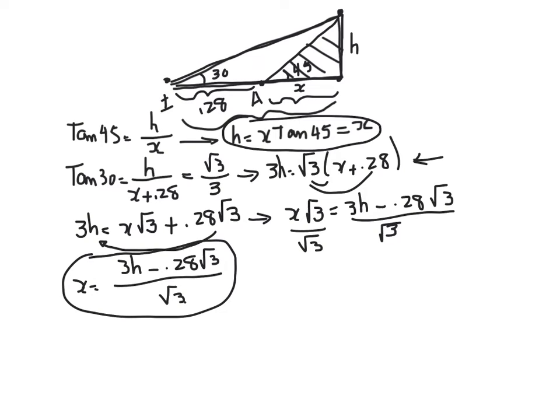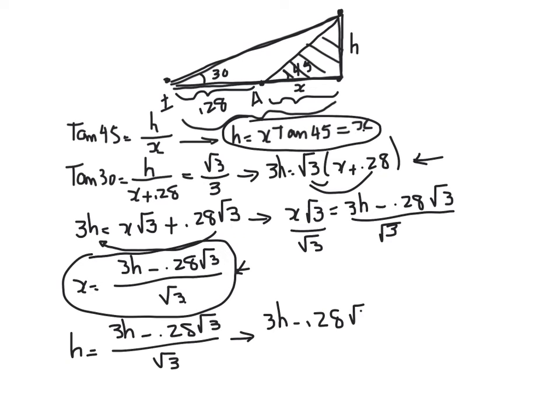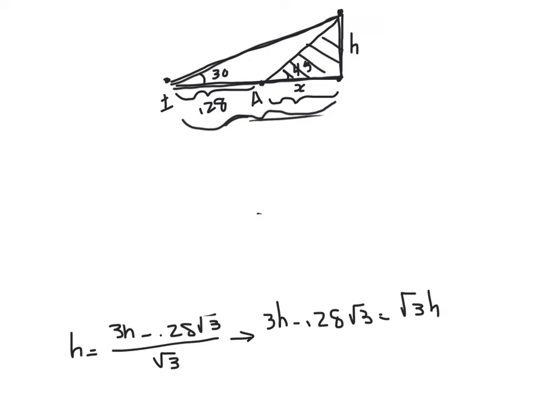So I can replace x here with h, because here h is equal to x. So I get h is equal to 3h minus 0.28 square root of 3 over square root of 3. If I cross multiply, I get 3h minus 0.28 square root of 3 equal to square root of 3h. Now I can move square root of 3h to the left and negative 0.28 square root of 3 to the right, so I get